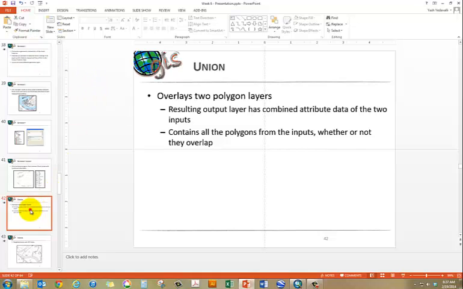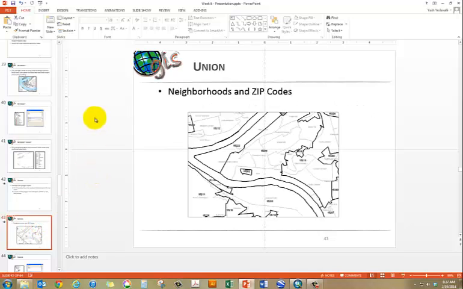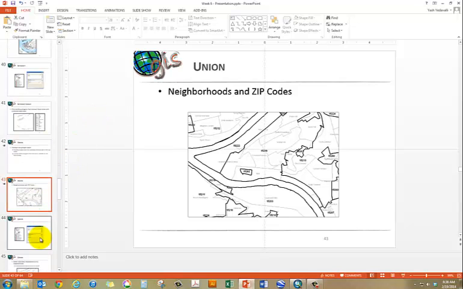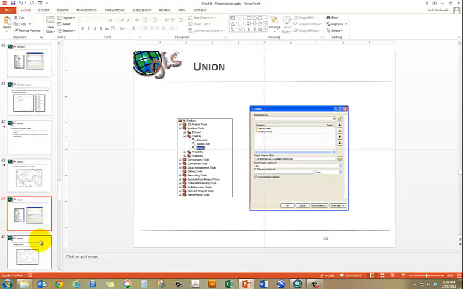So what happens is, in this example we have neighborhoods and zip codes. So when we create a union of these neighborhoods and zip codes, you access this under overlay, under analysis tools, and then you double click, select those two layers, save the layer in a specified location, and then the resultant layer